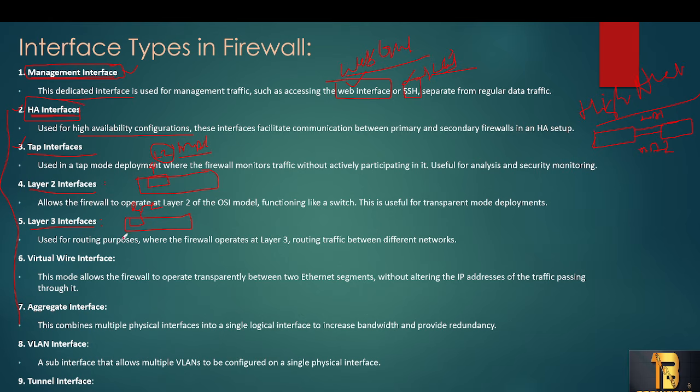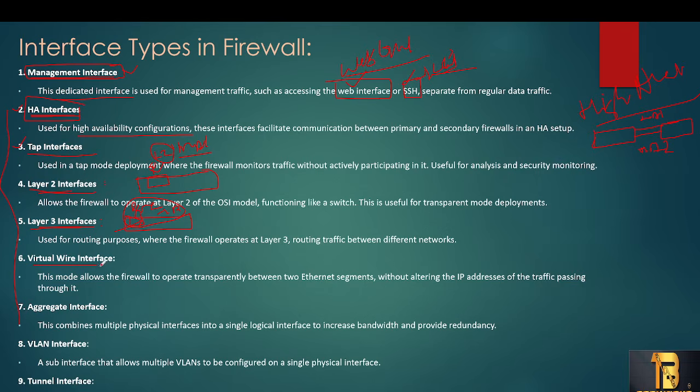So whenever traffic is received on this interface, it is going to verify the routes, whether we have a route to the destination or not, or whether you have reachability to the next hop or not. Everything is done with this port. Each port will be, if you configure one port as L3 and one port as L2, then one port will be acting as a router and the other port will be acting as a switch as well. That is the purpose of L2 and L3 interfaces.